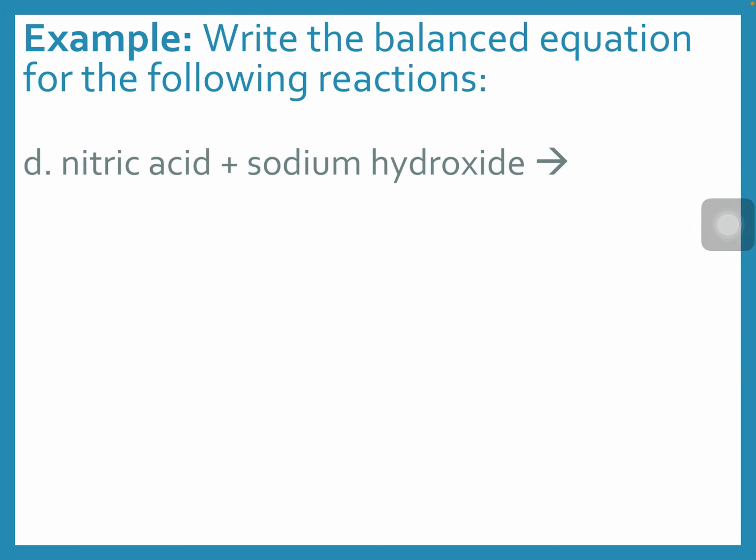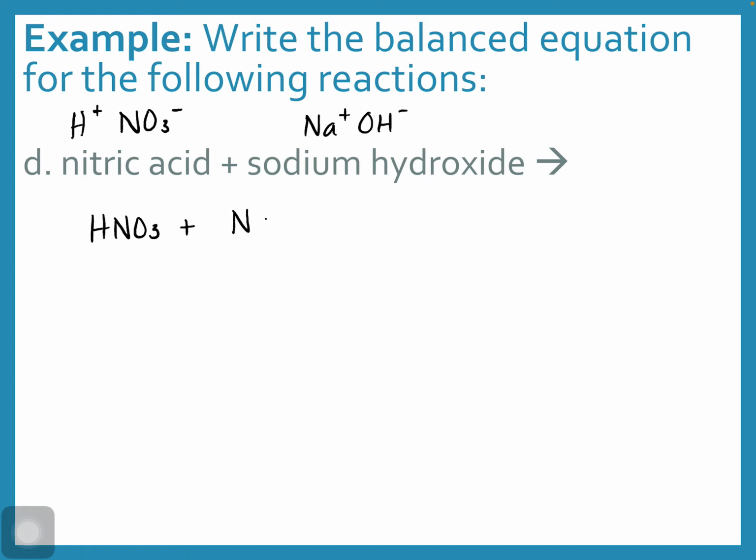And last example, nitric acid, which is the pairing of hydrogen with nitrate. Hydrogen is a 1 plus, nitrate is NO3 1 minus, so 1-to-1 ratio there. And sodium hydroxide: sodium, group 1, 1 plus, hydroxide from our polyatomics is OH minus, so 1-to-1 ratio again. And because everything's in 1-to-1 ratios, our salt, sodium nitrate, is 1-to-1,